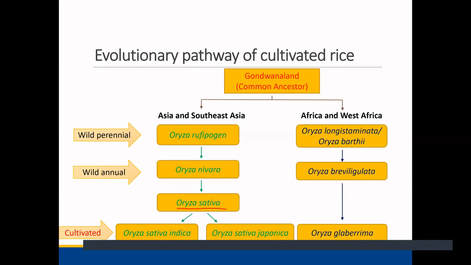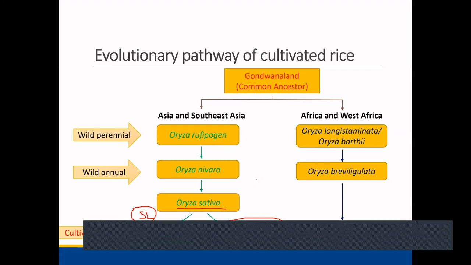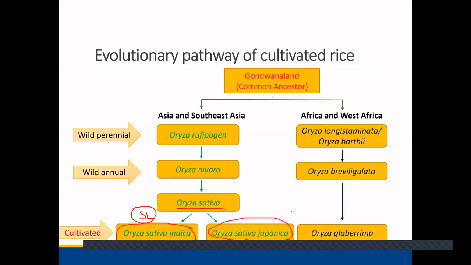So the Oryza sativa indica is the one we grow in Sri Lanka, right? So this is the one Sri Lankan varieties belong to, Oryza sativa indica. But if you go to East Asia, this is the one you will find. If you go especially to Japan, Korea, Thailand, Vietnam, those countries, China,